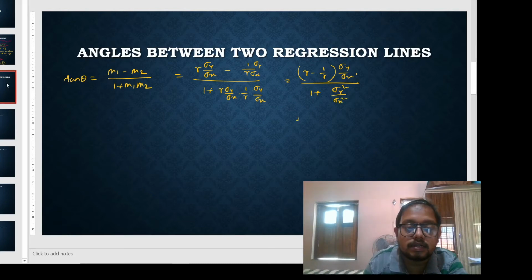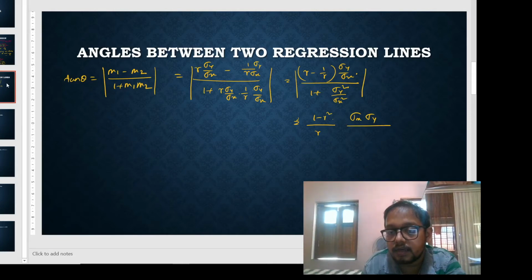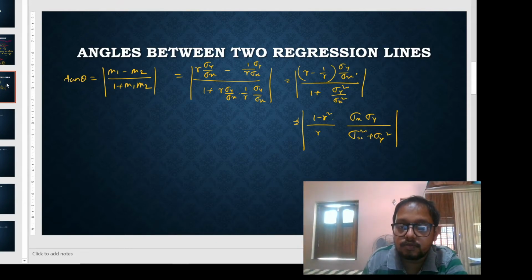And now see here that this is under the modulus. So from here can we find this as (1 minus r square) by r, into sigma x sigma y by sigma x square plus sigma y square. If we simplify, we will get this. That is, 1 minus r square by r, sigma x sigma y by sigma x square plus sigma y square. So now see that from here we can say that if r is equal to 1, then,